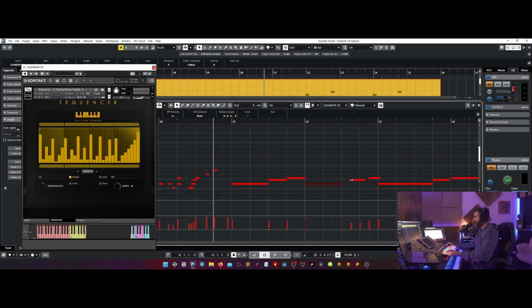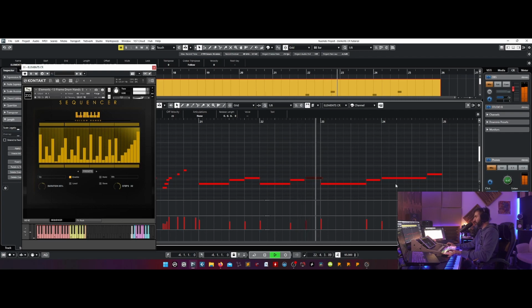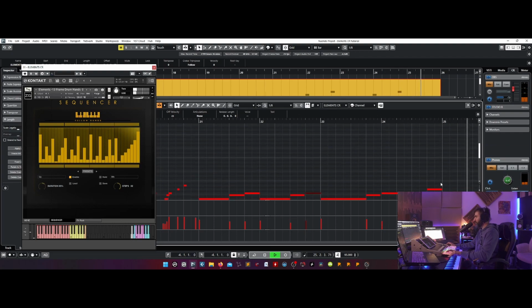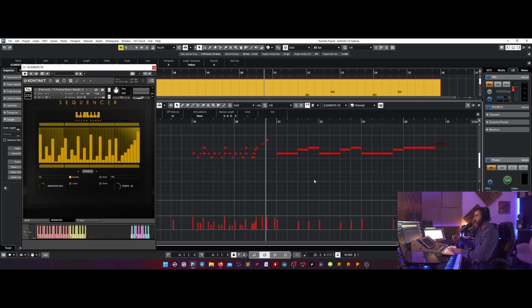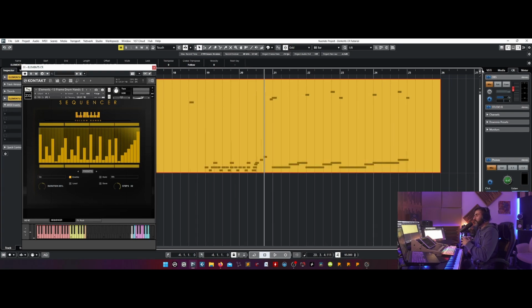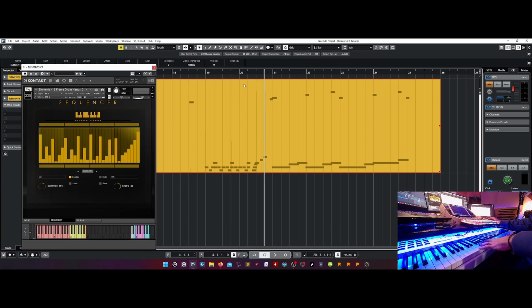It's better this way. So, as you can see, you can use this library in a lot of different ways.